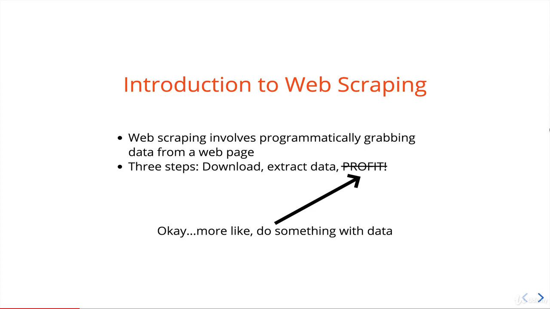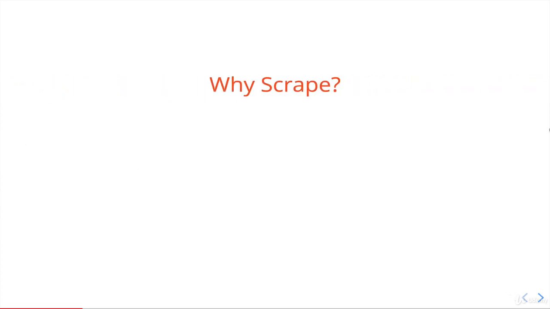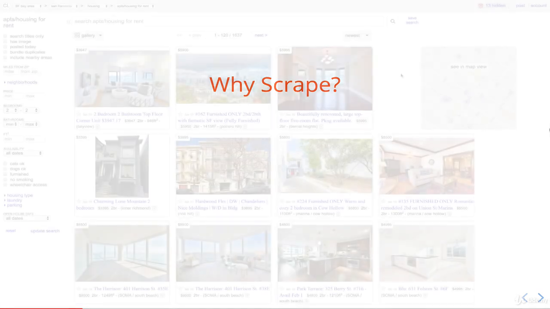So that's a high-level overview of what scraping is, but why would you ever need to do that or want to do it? And this is where we start to get into that gray area I mentioned. So why scrape? Well, let's say that you want some data from a website that doesn't provide it to you, doesn't provide an API, an application programming interface. There's no easy way for you to write code to get just the data you want. What you could do is scrape the data off of that web page.